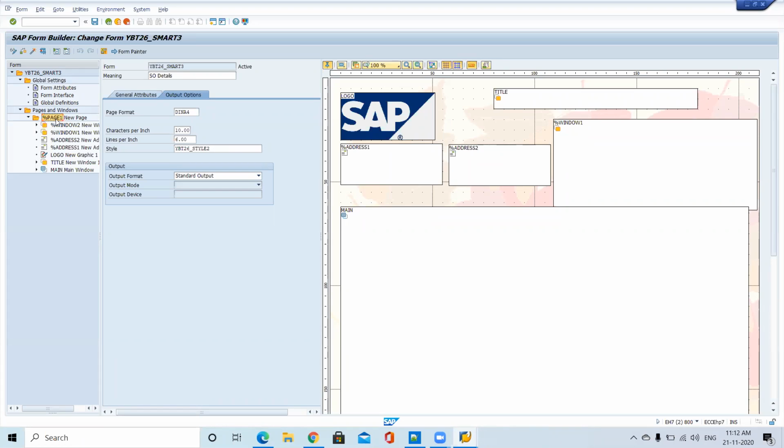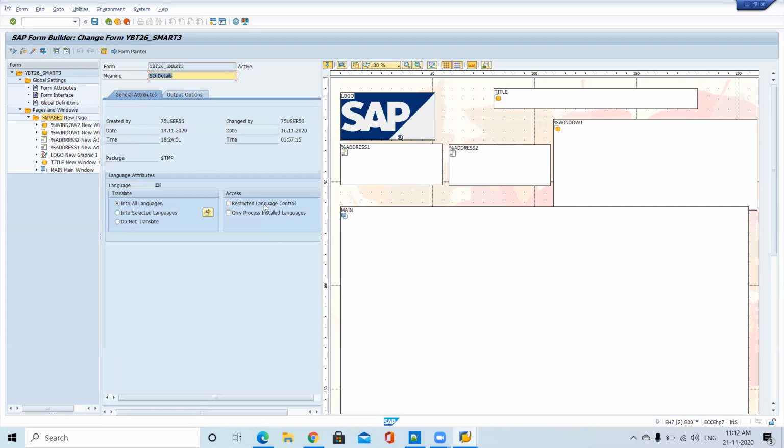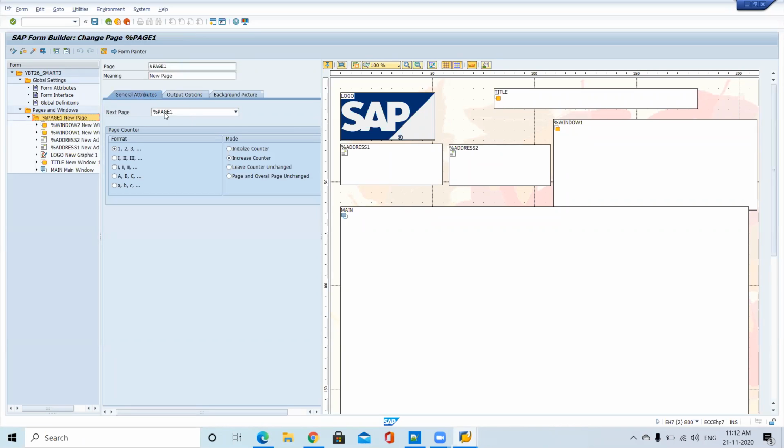If you see the properties of page one, just click on the page format. Here we are having one option called next page. By default it is specifying the same page number. You can see that this is page one, and the next page format is also page one. That's why all the pages are looking similar.